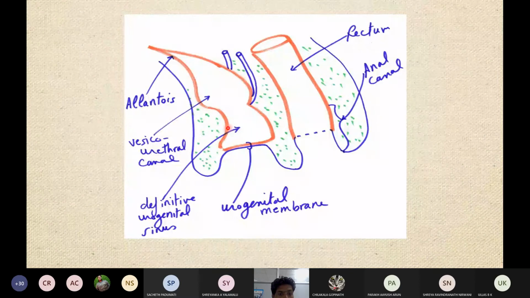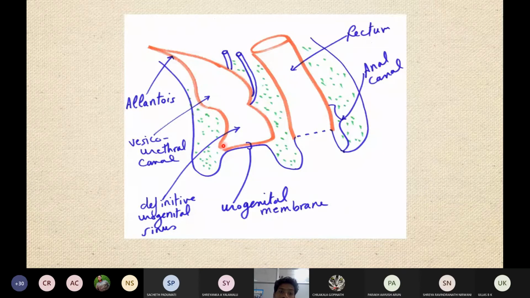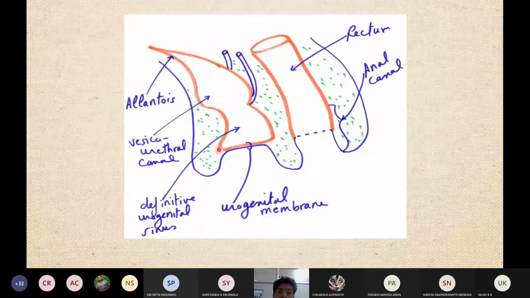Here, the urethra, you can imagine this will proceed to develop into the urethra, and the upper part where we have here, okay, this will develop into the vesicae. Vesicae is nothing but the urinary bladder, where we will have the urinary bladder developing here. Okay, and the allantois is still connected with the umbilical cord. Okay, hope it is clear.